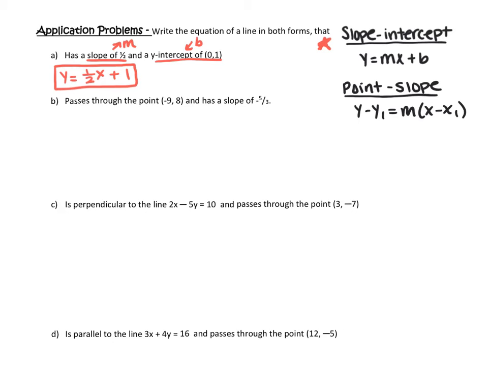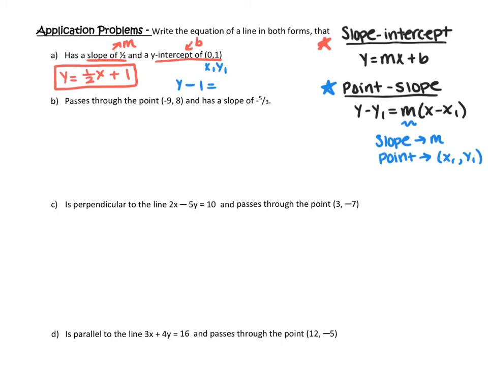Now if I want to do our point slope form, which I'll do here in blue, we need a slope, which is an m, and a point. So we need a slope and we need a point. The slope is your m, and the point is your x1 comma y1. So here is the point on the line. The y-intercept is also a point on the line, so x1, y1. So when we plug this in, we're doing y minus y1, which is 1,